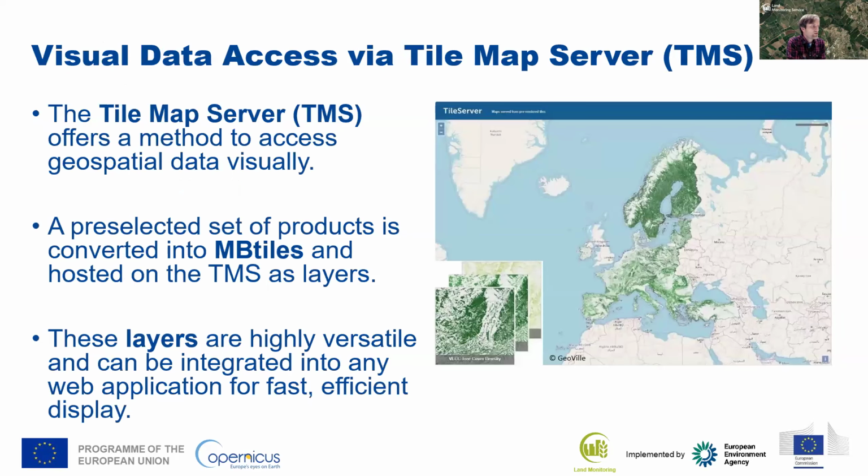The second way to access the data would be the visual data access via the tile map server. And here there are pre-selected sets of products converted into MB tiles and then hosted on a tile map server. So not all VLCC products will be available there, but mostly the primary status layers will be hosted on this tile map server. And as mentioned before, these layers are highly versatile and can be easily integrated into other web applications